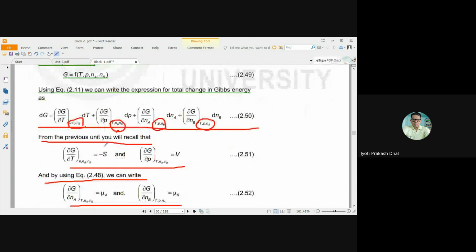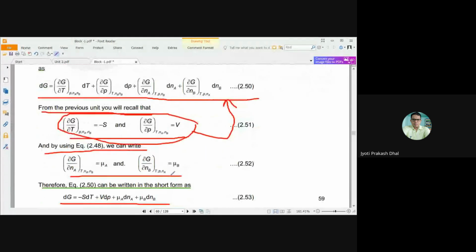But in the previous unit, in yesterday's class, we have studied from Maxwell's relationship that del G by del T at constant pressure, constant number of moles of A and constant number of moles of B is nothing but equal to minus S. And similarly, del G by del P at constant temperature, constant number of moles of A and constant number of moles of B equals volume. Now, putting these two Maxwell's relationship equations in equation number 50, we can write at constant temperature and pressure,